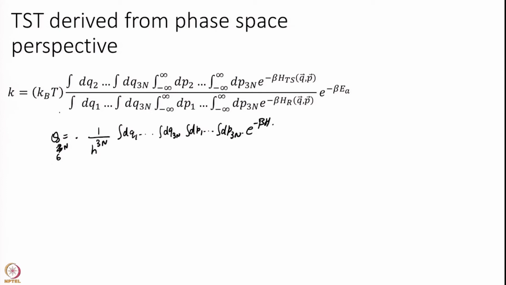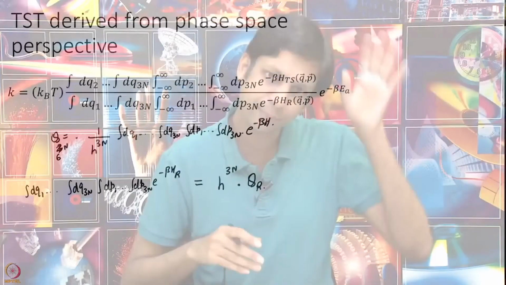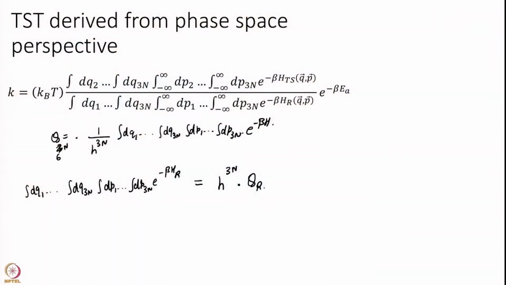So, if I look at the denominator, e to the power of minus beta hr, this is nothing but h to the power of 3n into Q reactants. Q reactant really by definition is the partition function of reactants only. Okay, so, I am integrating only over the coordinates of the reactants, and this h to the power of 3n